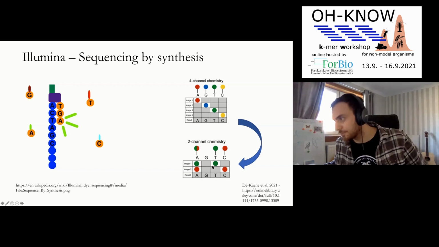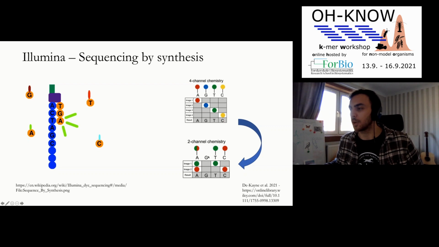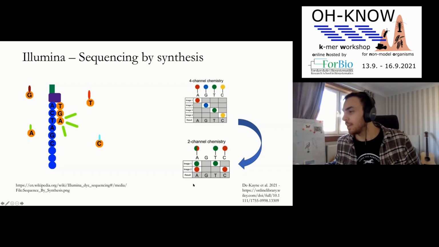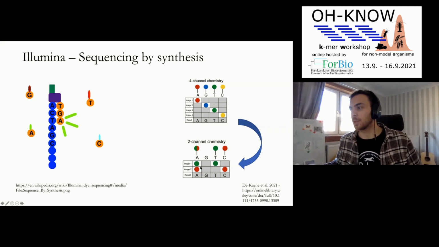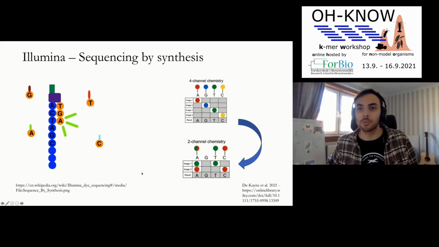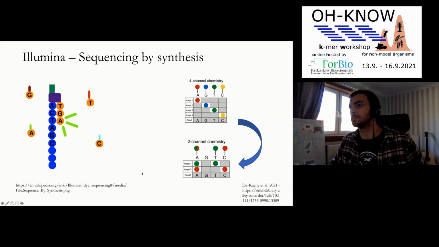Those of you who've worked with data might already see the problem here, which is that if your machine doesn't work, or you get a round which doesn't work, or a cycle which doesn't work, I should say, you will end up with a G call in your NovaSeq data, which is not a real G call. It could have been anything. So although this technology was designed to increase throughput, there are some drawbacks.